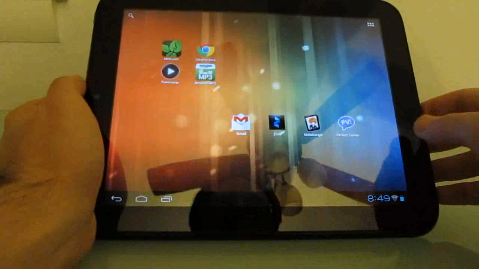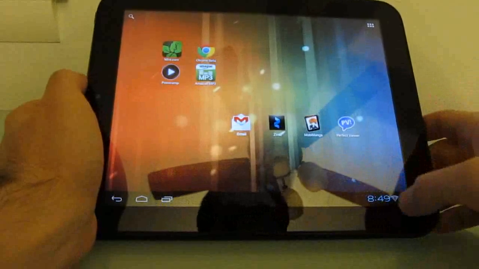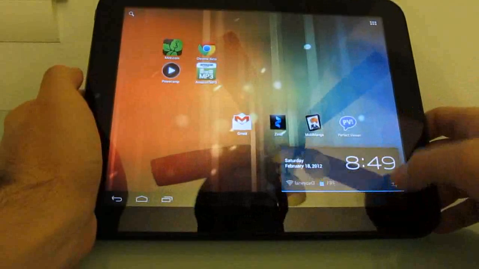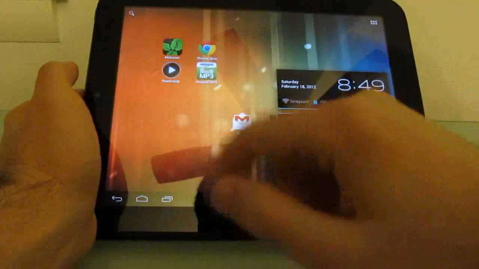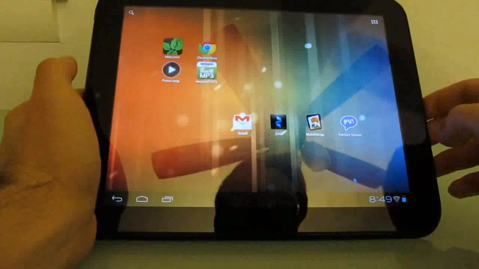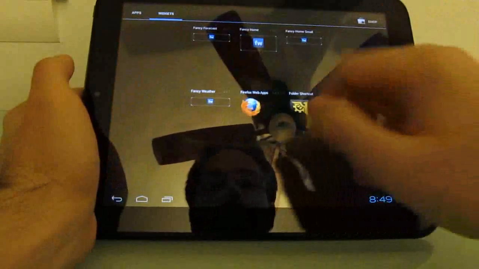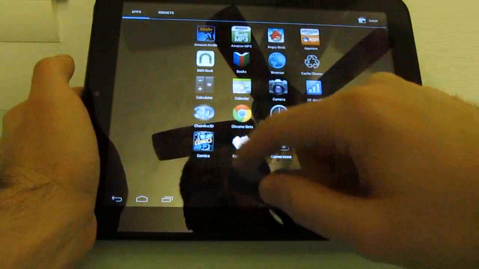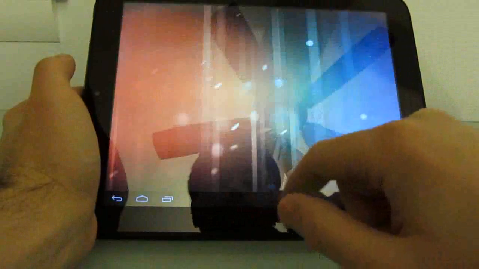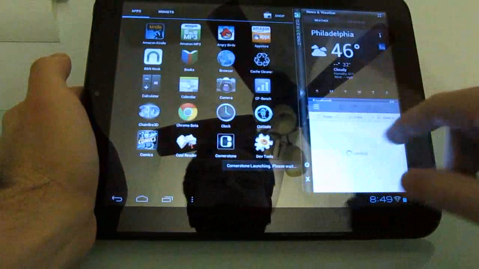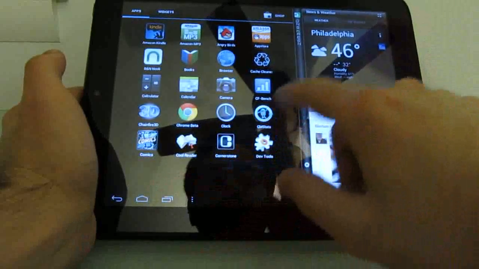Hi, this is Brad Linder with Liliputing, and this is an HP TouchPad which is running CyanogenMod 9. It's one of the latest builds of CyanogenMod 9, but this is an unofficial build that has integration with something called Cornerstone. And what Cornerstone is, is an application that lets you run multiple windows at the same time on the same